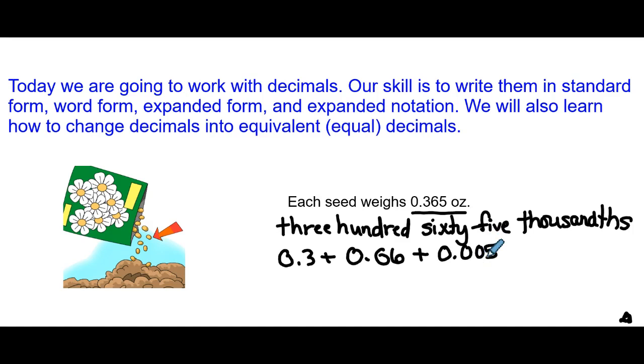Now, in our last video on whole numbers, we started talking about the expanded notation form. In the expanded notation form, we use our parentheses, and we use the digit as well as the position name in order to write out our expanded notation. So for 3 tenths, since this is in decimals, this is going to look a little different. We have a 3 in the tenths position. So that's 3 times 1/10. Now we can write that two different ways. I'm going to do it as a decimal first. So 3 times